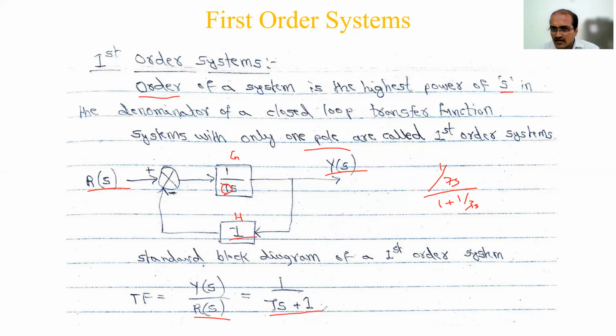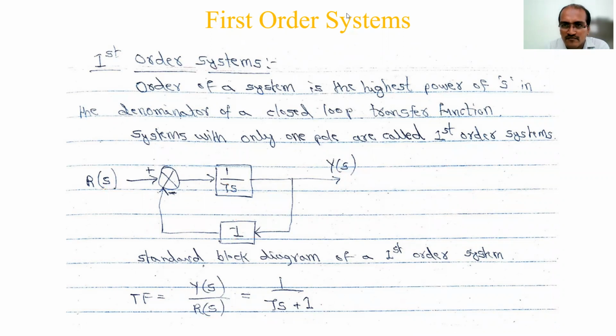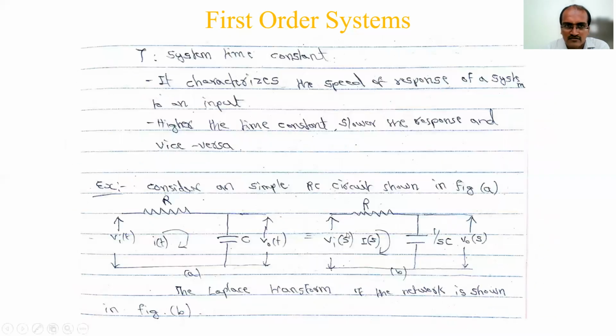Okay, so now if you write it, tau is taken common, so this can be written in the denominator as 1 divided by, tau I am taking outside. Okay, 1 plus s into tau, or okay, let it be like this. So this is the transfer function you will get for first order system. Okay, so now we will show you the analysis. Before that, we'll take examples also.